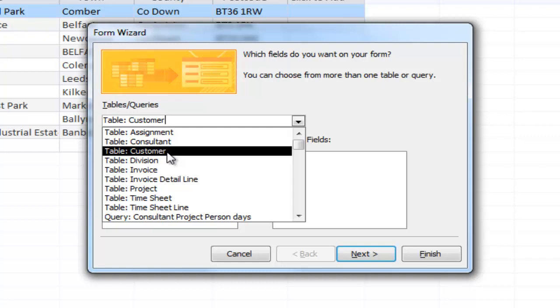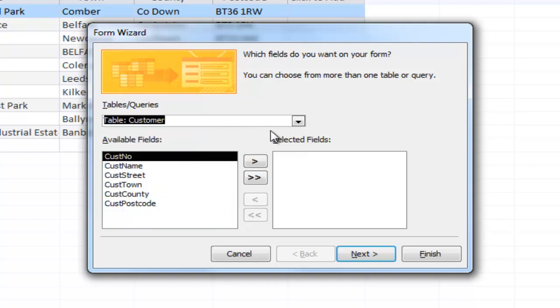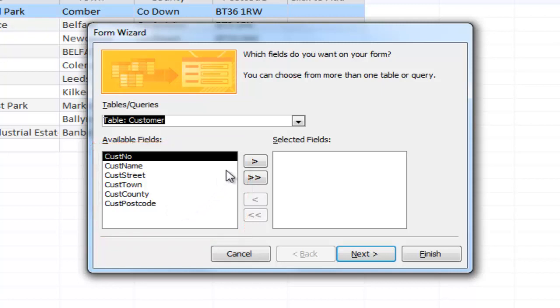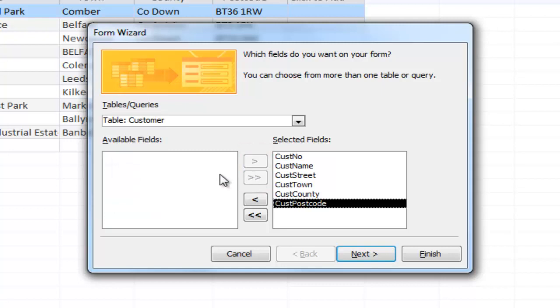For this example, we're going to click the table Customer, and when we choose the table that we want to work on, it shows us all the available fields that are within that table structure. Then we can pick and choose the fields that we want to work with, either individually by clicking the single arrowhead, or as a whole by clicking the double arrowhead. When we are satisfied with the fields that we want to use, we click Next,